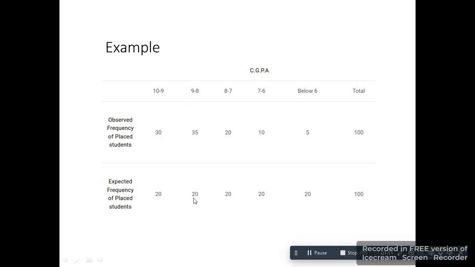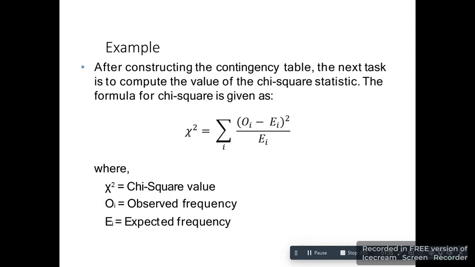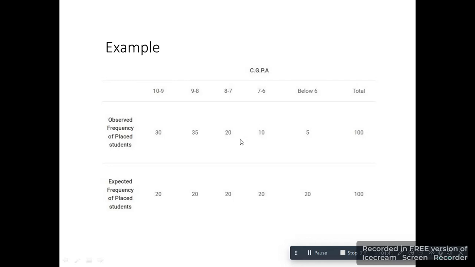In the 9 to 8 category, 20 students are expected to be placed into the company, and this 20 is the expected frequency of the placed students. So the total of all the expected frequencies of the placed students is again 100. Now we will see how it is calculated by using the formula. After constructing this table, which is called a contingency table,